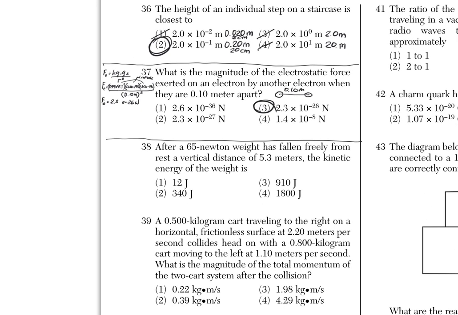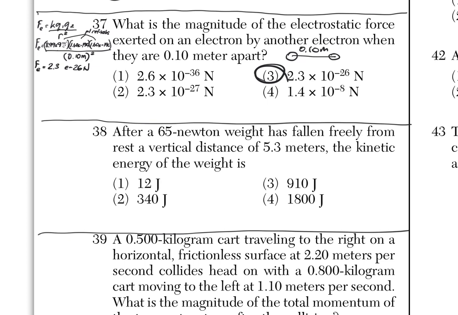All right, next question, 38. Okay, so things that we know for 38, we know the weight of the thing that is falling. We know that it's falling from rest, so V initial is 0. The vertical distance that it has fallen, the y displacement, I'm going to write that as negative 5.3 meters. And it wants to know what is the kinetic energy